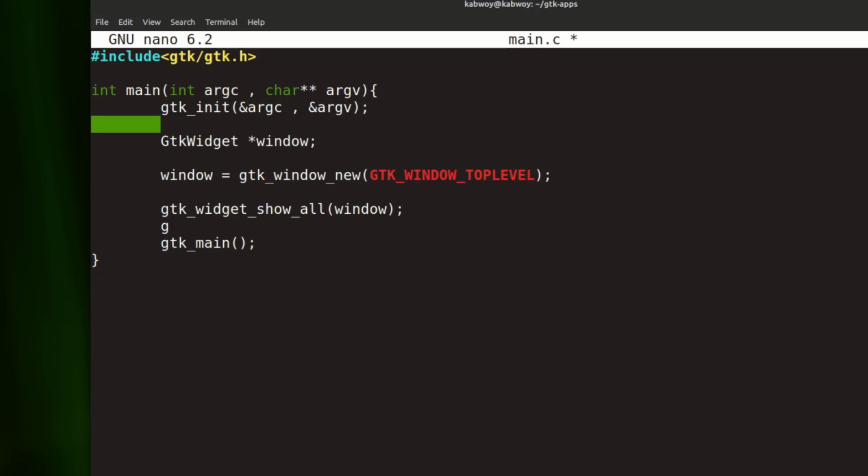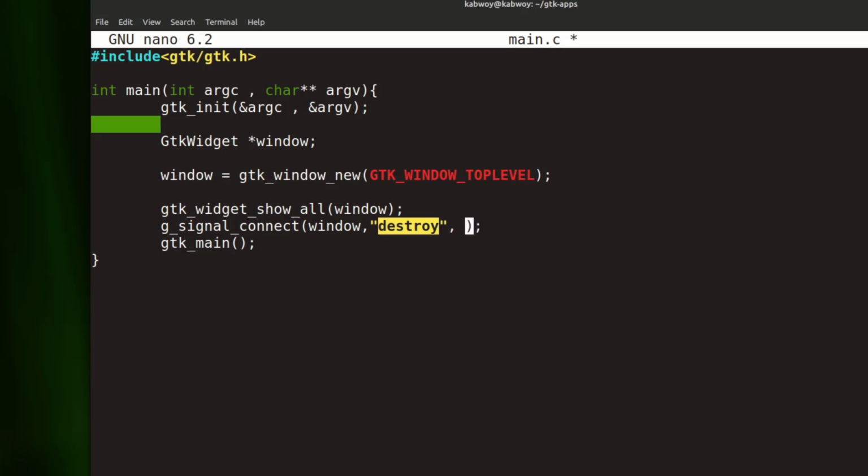So it's g_signal_connect, then followed by the widget that you want for this action to be executed, which is the window. We want, if the user closes the window, it should close the program entirely. So then you pass in the name of the event, so it is destroy. It is not a random word, so just type destroy. Then after that,